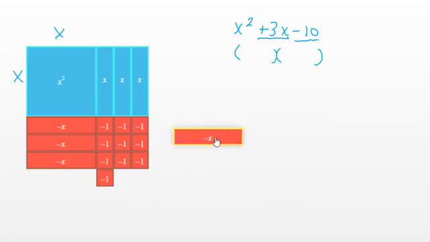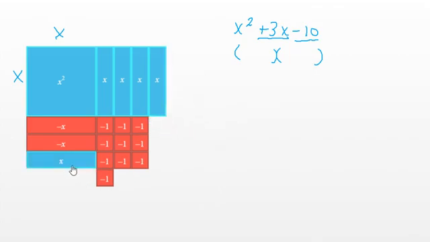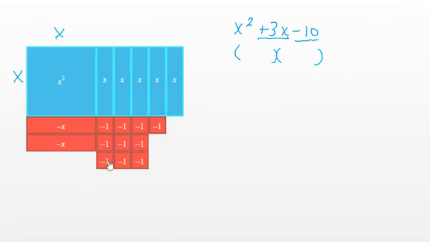So it can't be that I'm adding 4 to one side and taking 3 inches away from the other side, or vice versa. So let's see what happens if we take one of the negatives and make it a positive. If we do that, now we can fill all of these in. So if we have 5 positive x's by 2 negative x's, then we can fill in all of